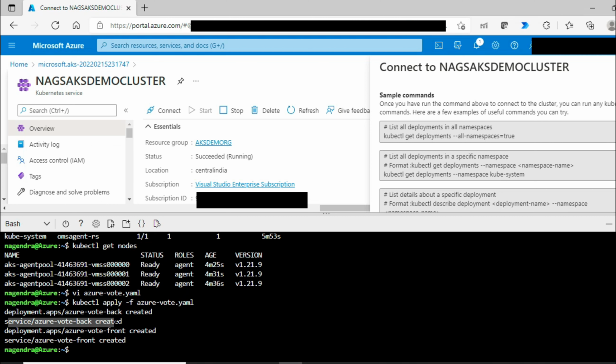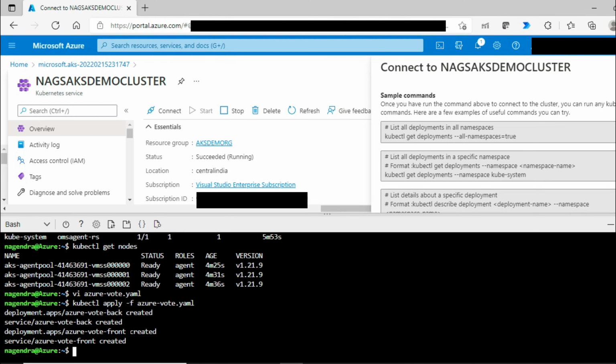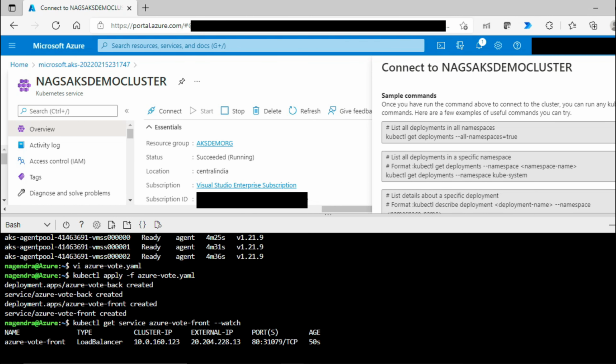a service also created for the backend, and there is a deployment done for the front end, the application part, which is a Python application, and there is a service created which is a load balancer. I would show you that. How do we check what are all these things that got created? So this is the front end which has got the load balancer and there is an external IP also aligned